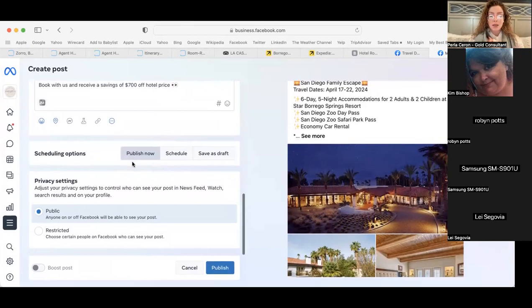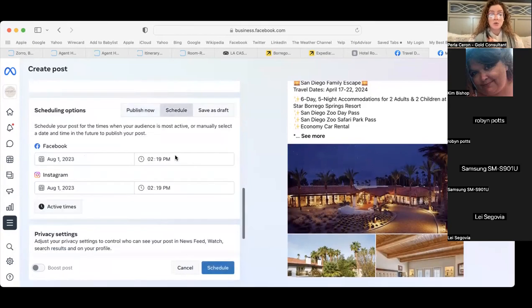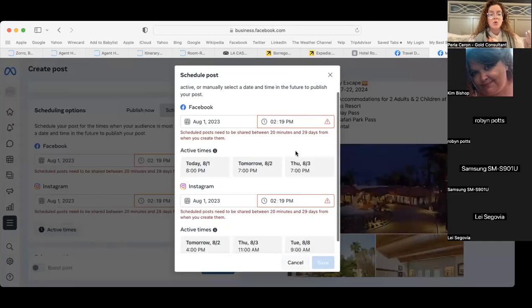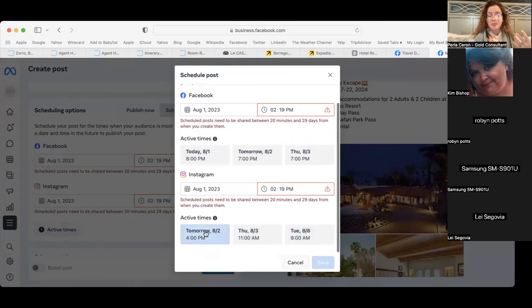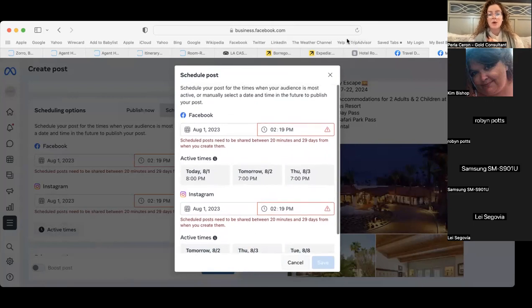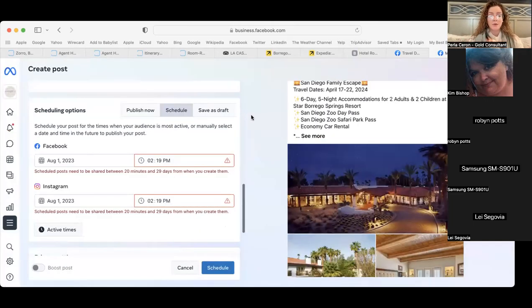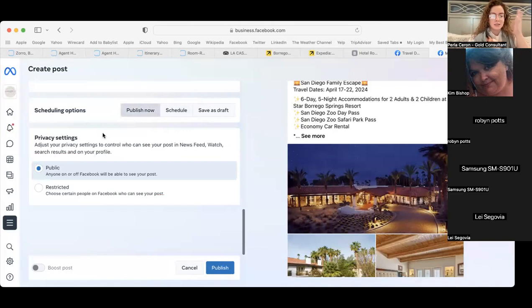So you can publish now if you wanted, if you're following along, or you can schedule the post, right? Sometimes I will do this. I'll show you guys what my calendar looks like. You can schedule posts ahead of time for the entire month. You can then see what active times your audience is. Active times for me are late evening for Facebook, and early afternoon or early morning for Instagram. So it's going to be different for each platform, but you can decide however you want to do that. So if I want to hit publish,